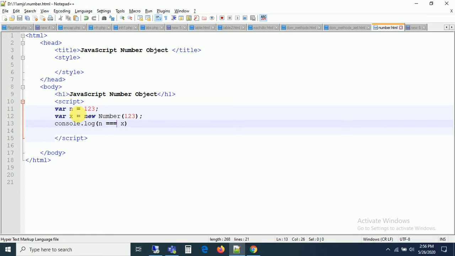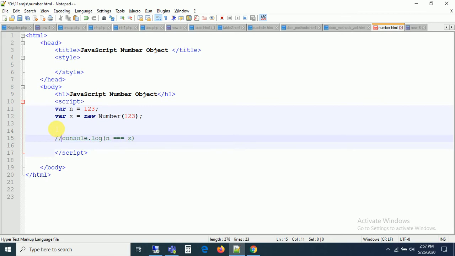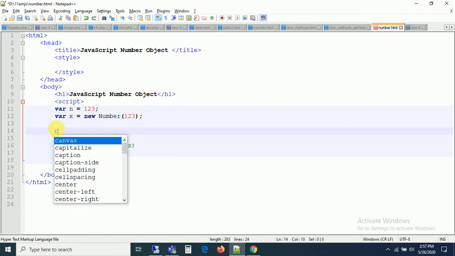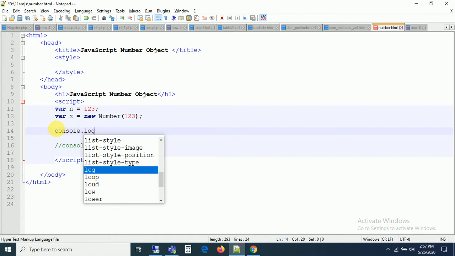It will compare data type, it will compare its values and data type. So in this situation, what happened? Number, this is just a number, but the type of it is going to be a number. So if you want to confirm what type of the variable it is, we can write the typeof keyword. We will understand what type of variable the x is here.